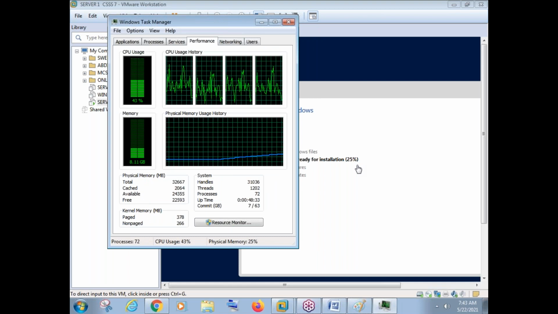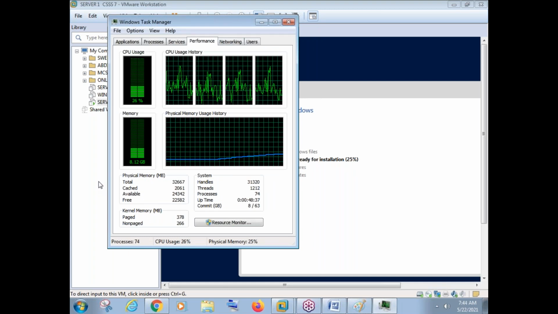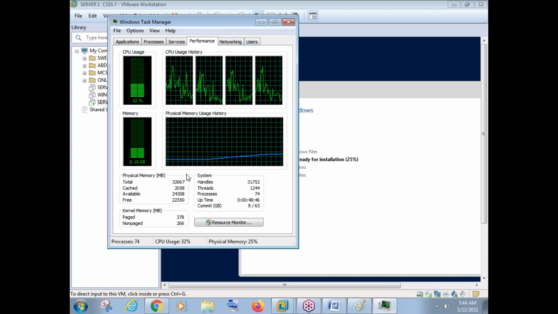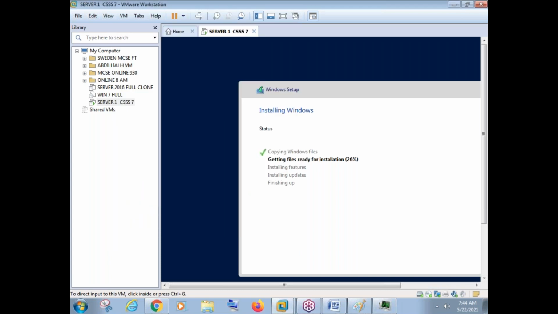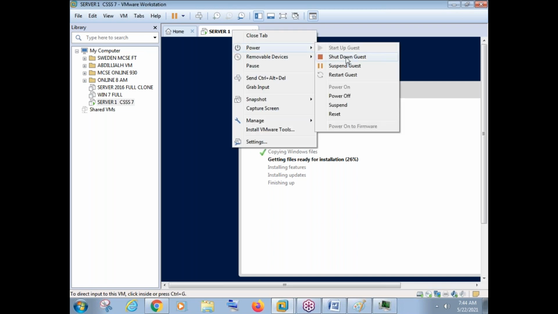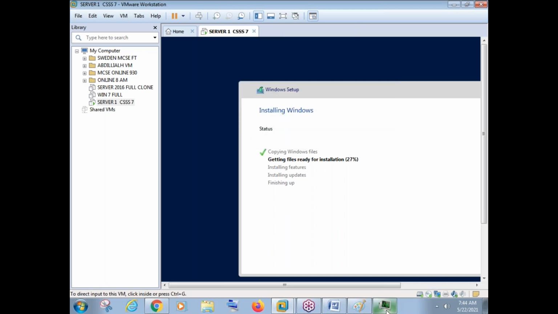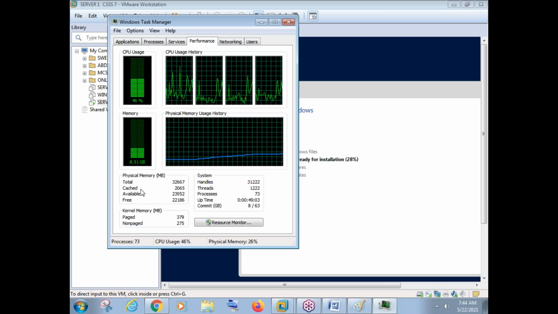It will use how much? Total it will use 8 GB. So 3.5 GB was already used, right? So 3.5 plus 8 GB, like 11.5 GB will be used. So see, it is simply increasing your RAM utilization. Once I finish the installation, and once I shut down my virtual machine here, this memory utilization again will go down.